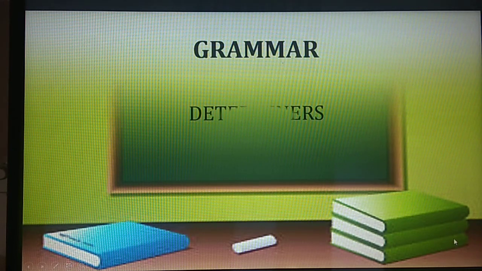And today we are here with a very small topic in grammar, and the name of the topic is determiner. Determiner, though a very small topic, is really very important because determiner doesn't come as a direct question in your board exam or in any other exam of your schools, but it comes in an indirect way in the form of editing, omission. It can be in the form of fill in the gaps, which is asked in section B. So let us study what are determiners.